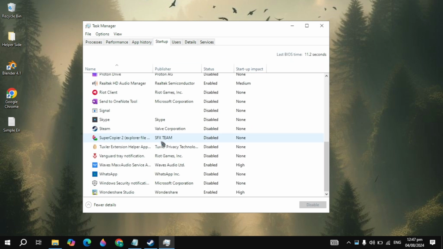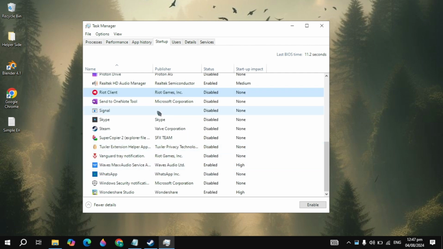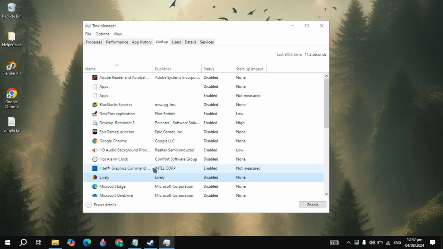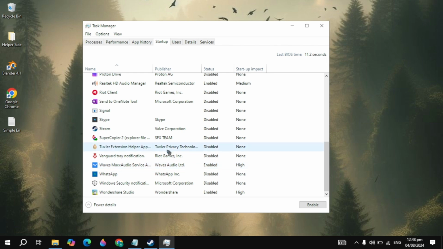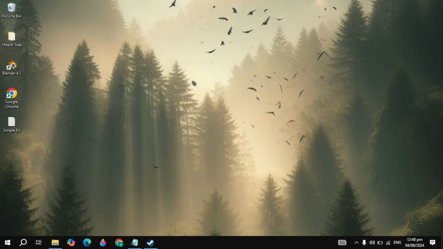After that, go to the startup. Here you just need to disable all the applications, because when you start your PC, these applications start automatically without your permission and run in your background, causing a lot of CPU usage, RAM usage, and a lot of bandwidth usage. So you just need to right click on that and simply disable this application. After that, make sure you don't disable these important applications, which are the Realtek HD Audio Manager and the Intel